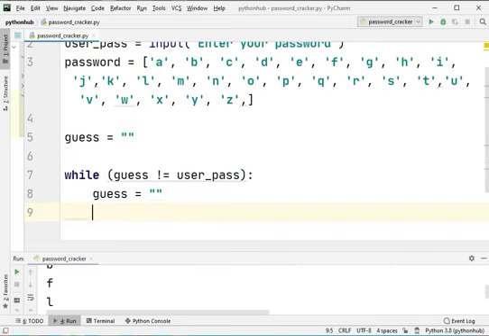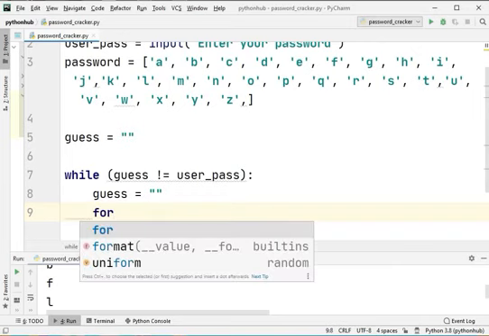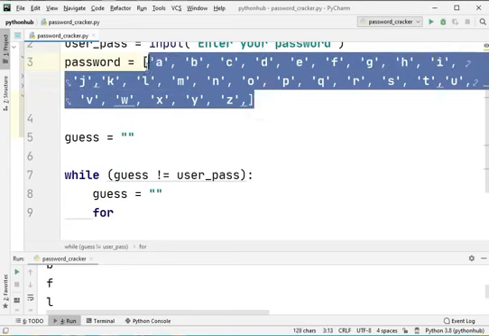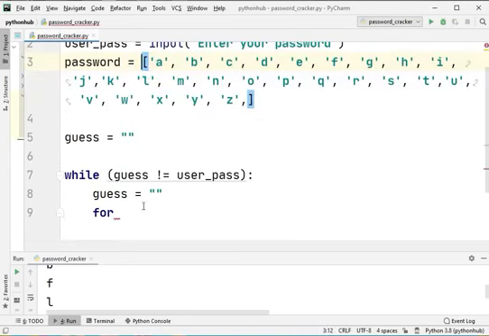So now we will use a for loop to guess the letters from the password. We will take random letters from the password variable, which is a list.